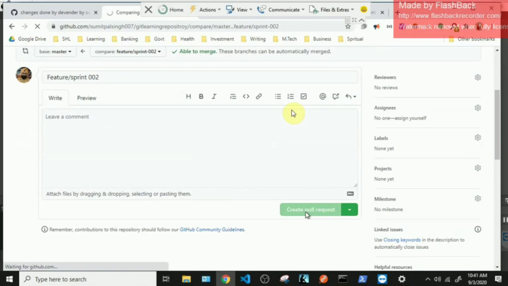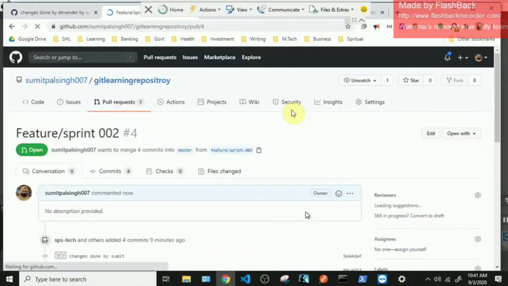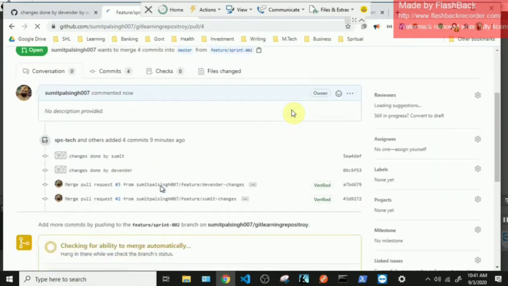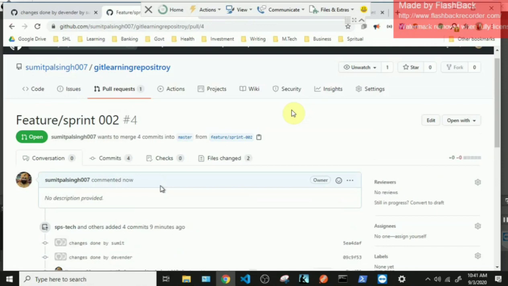Generally what happens is, when vendors create a release pull request from their sprint branch to the master branch, the client or someone from the client side reviews all the code changes at once, because it is not possible for that person to talk to each and every developer and review their changes. So he only reviews the code at the final level when it is coming to merge in the master branch. It's kind of a second level of review. Okay, so now this pull request is open.